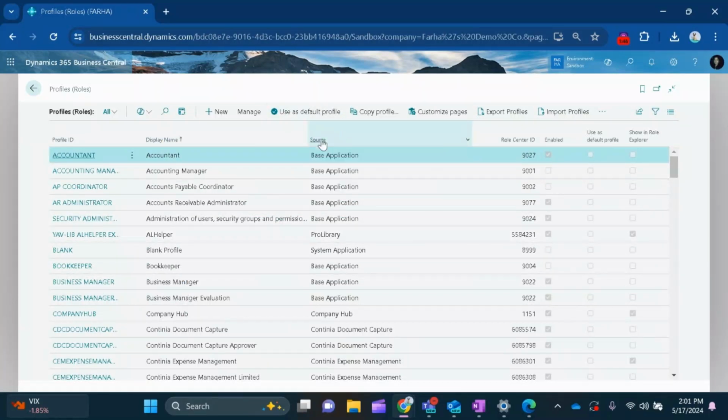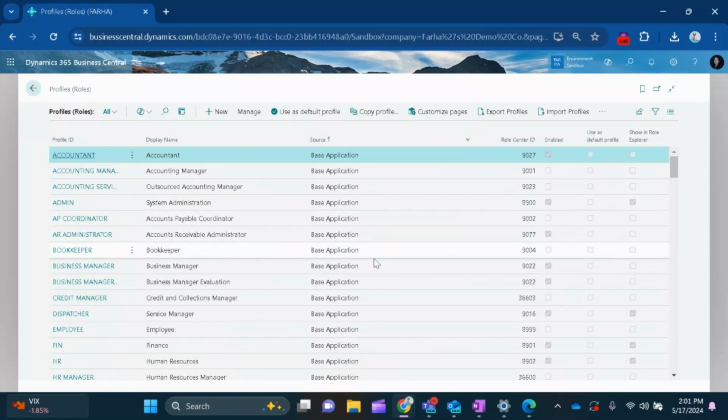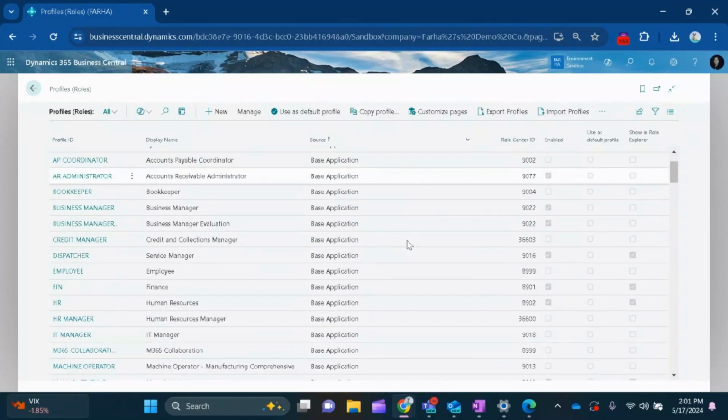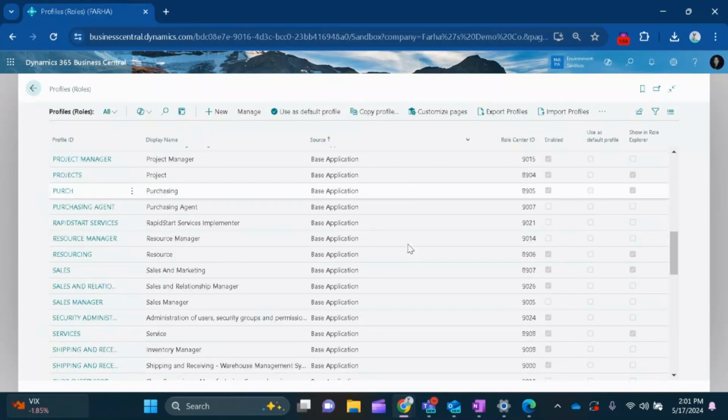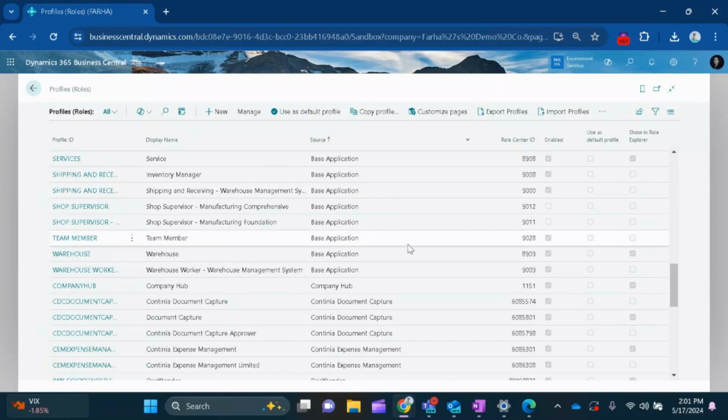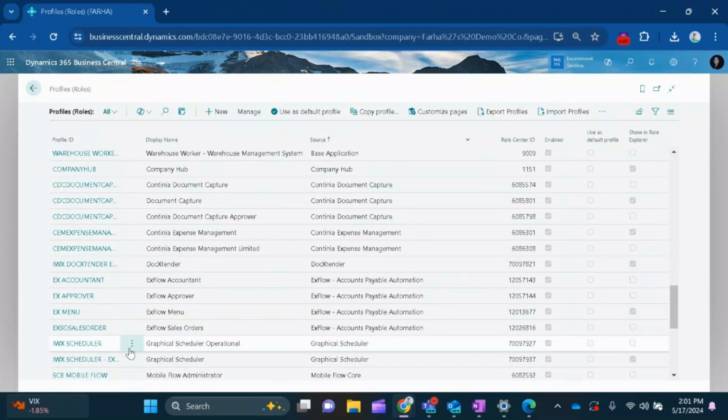If I sort the source column, it'll tell me where this is established from. So Microsoft does come out of the box, base application, with these types of roles that you can use. As well, scrolling down, you can see that there are other available types of roles coming from ISV partnerships, extensions that are coming through the extension marketplace that come with their own roles set for you if you'd like to use them as well. Then there are customized roles that you can create, that are pages that you can personalize and customize